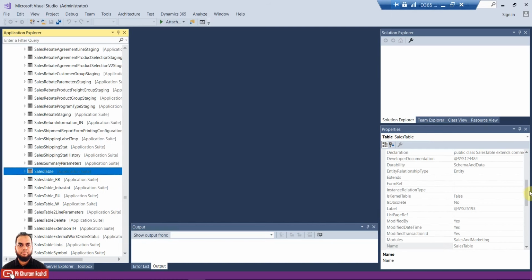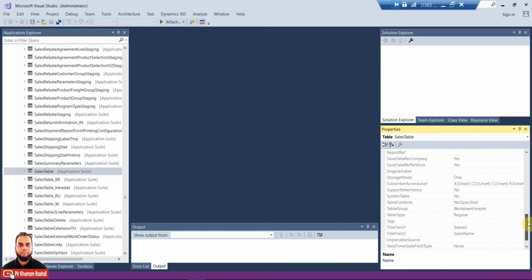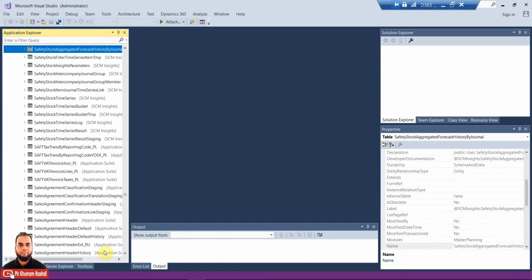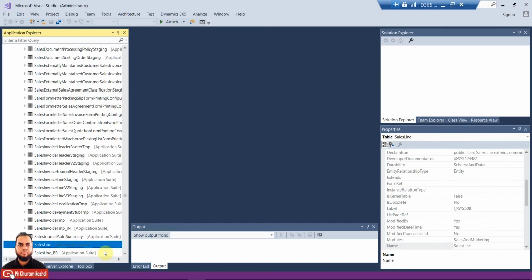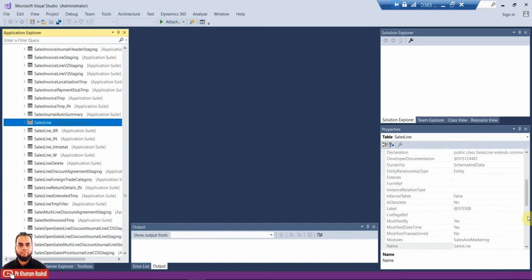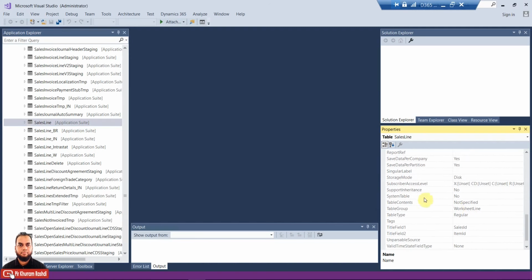So this will have the worksheet header. So the type here, or pattern here, is worksheet header, and for the sales line will be worksheet lines. So this is a worksheet line type of a pattern used for the lines level. So these are worksheet tables having various order information, having common information in the header and then multiple lines in that.